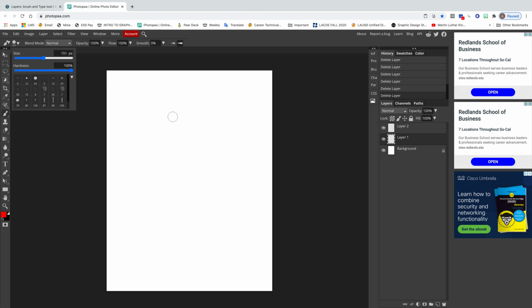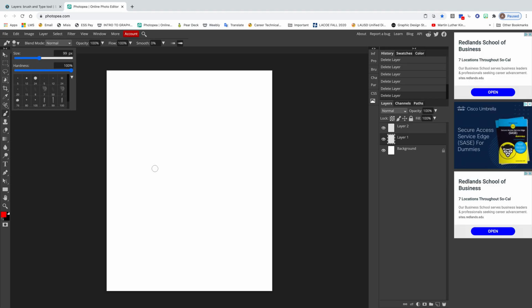It gives you a preview of what your brush is going to look like by the circle that shows up right here on the paper, right? So if I bring it up more, right, that circle is going to get bigger. And that's just how big the writing is going to be, right? So I'm going to select, let's go to 100, right? 99 is fine. Okay. Once I've selected my size, I'm going to go down here to the bottom where there's